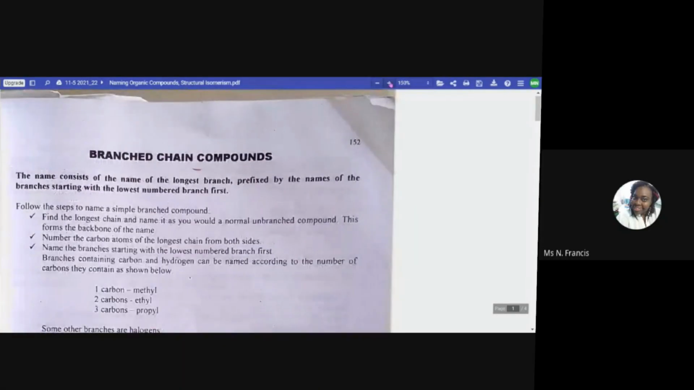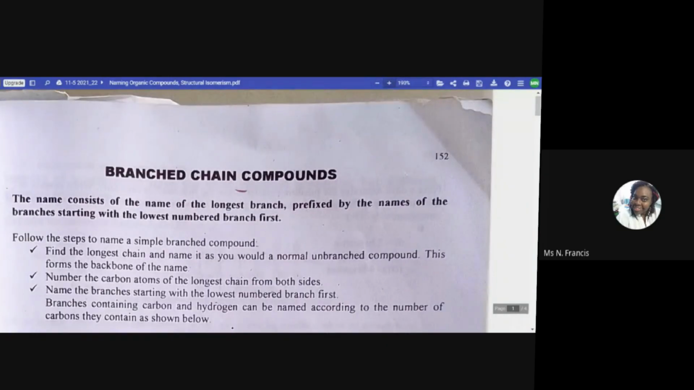All right, Liz, we're going to start over with the whole naming of the compounds. All right. Now,